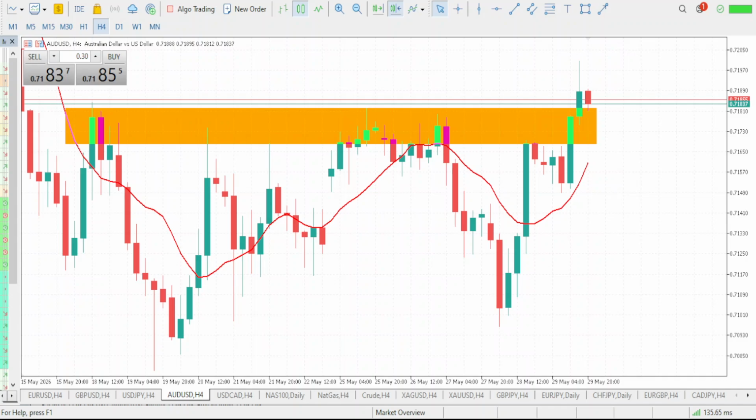So guys, let's take a look at what we are going to be expecting for the day on our AUD USD, which is our Australian dollar US dollar. So before we go ahead to predict what the market is actually going to be giving us for the day,